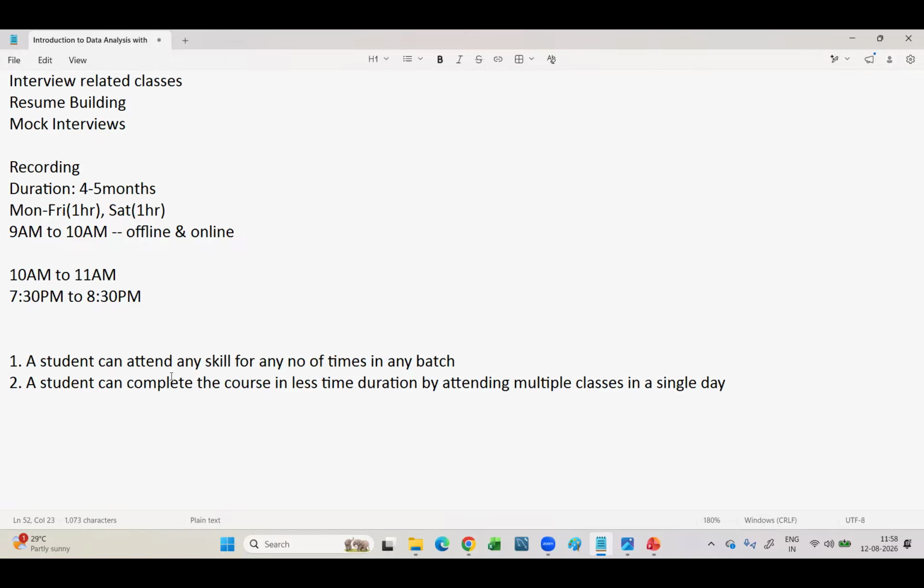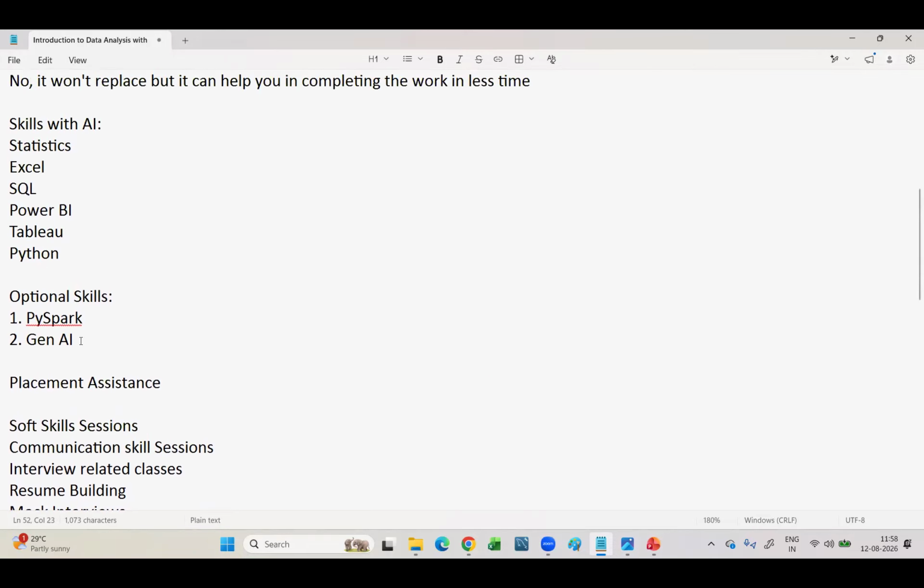But there are a lot of things to cover about the technical skills. I didn't discuss what is Python, what is Power BI, what is SQL, what software tools we are going to use, and the time duration separately. Overall it's 4 to 5 months, but separately for Python how much, Power BI how many classes, those types of things, and even the linkage between subject to subject, and how in a company the project architecture of data analysis will look.